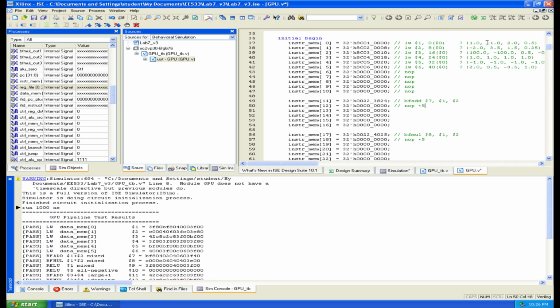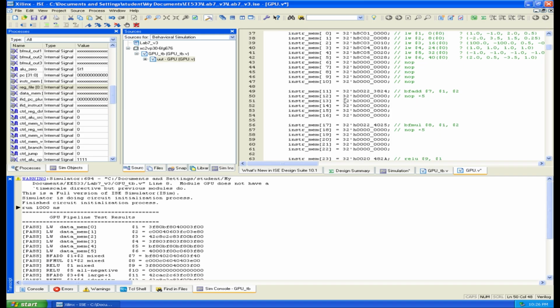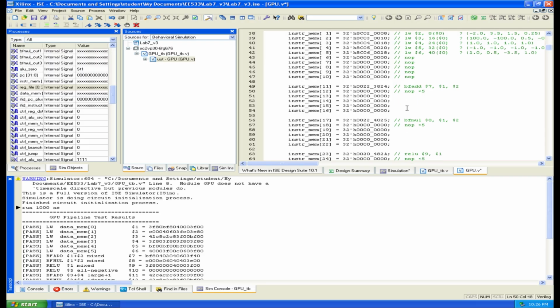And you can see this 8 value is what we need to multiply and add. So these two instructions are used to test the bfloat16 add and multiply mode,